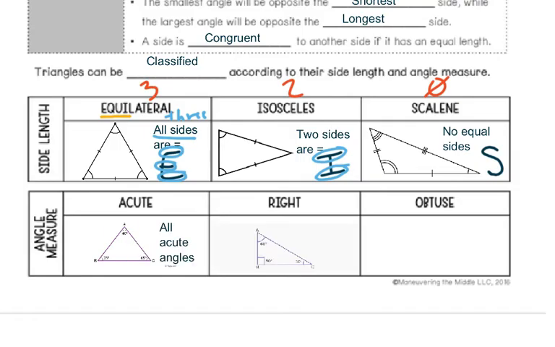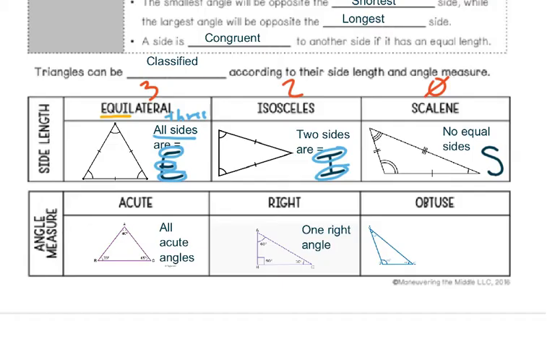Next, we have a right triangle. A right triangle is where one of the angles is a right angle or 90 degrees. In this diagram, that is right here, and right angles are indicated with this box in the corner. Then finally, we've got an obtuse triangle, and this is determined based on one angle being obtuse. I know this is kind of a small picture, but you can see that we have a 30-degree angle, 40-degree angle, and 110. And obtuse is being greater than 90 and less than 180, so here we've got that obtuse